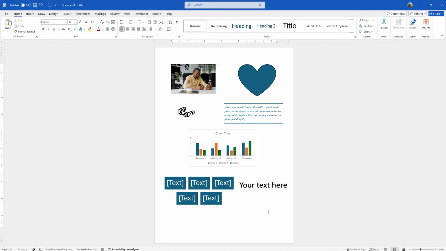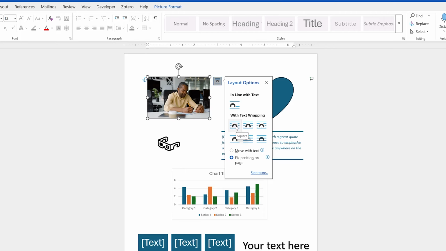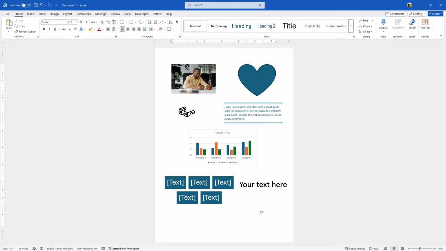Before we group them, I suggest whenever you're working with objects in Microsoft Word, that when you select it, go to text wrapping here and just make sure it's with text wrapping square. That ultimately means that you can just move it around your document freely without any concerns. So do that for each object. Once you've inserted your objects and you've allowed them to be moved freely in your Microsoft Word document, now you're